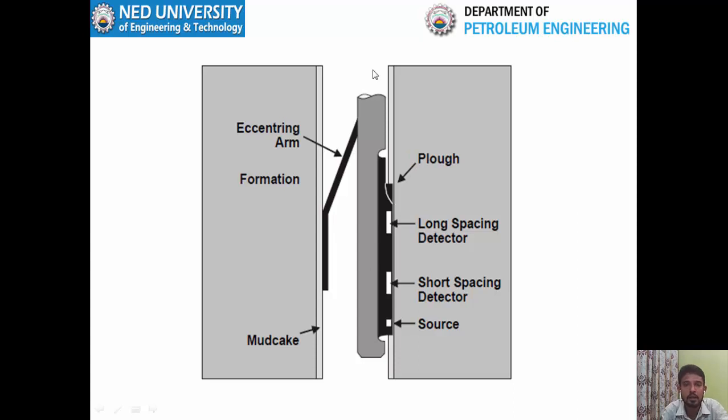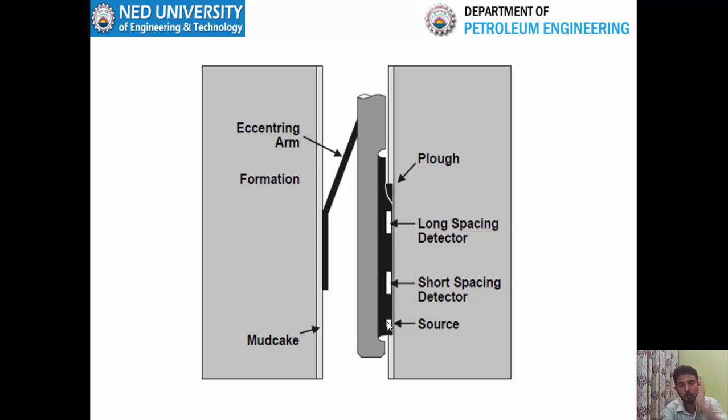We have seen that when you are doing logging, the mud is present, and whenever the mud is present, you will have a mud cake against the permeable formations. So all the gamma rays that are being emitted from the source first have to travel through the mud cake into the formation, and then undergo Compton scattering and photoelectric absorption in the formation, and return through the mud cake to the detectors. So in order to avoid the distance, first we stick the tool to the formation wall.